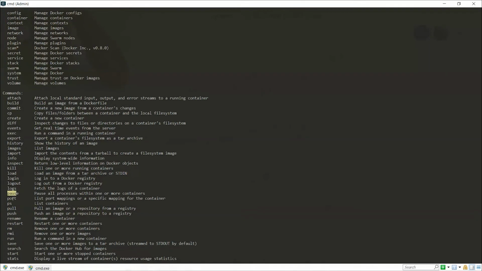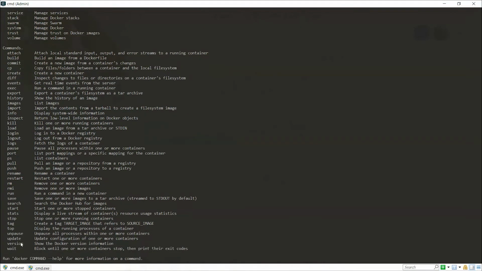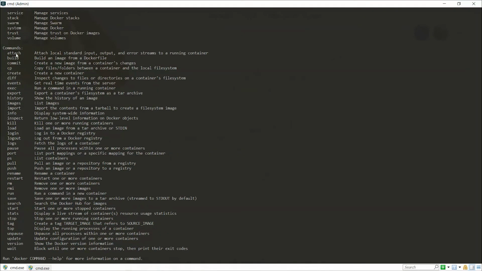There's docker pause. You can pause a running container. There is rm, rmi, run, save, search, start command, stop command, and stop probably is a little more merciful than kill. Kill one or more running containers, stop one or more running containers. So they sound like synonyms. They have different objectives. All right. So of the commands that I see here, I like the run command. Run a command in a new container. Let me go ahead and